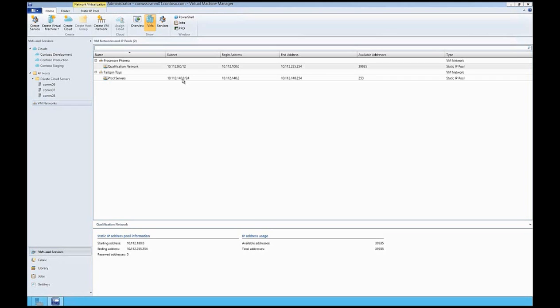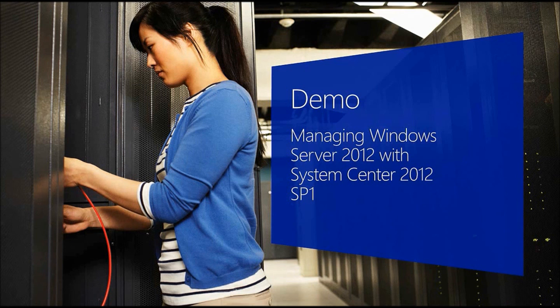So what you've seen are a couple things on how System Center 2012 SP1 will allow you to take advantage of the new capabilities that Windows Server 2012 and Hyper-V enable. What you saw within this section is the ability for Hyper-V to be extended via things like the Hyper-V Extensible Switch, where partners or customers can create plugins to help monitor, protect, or manage your environment via the network switch